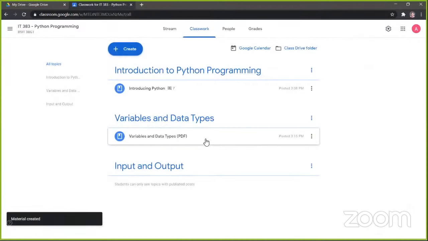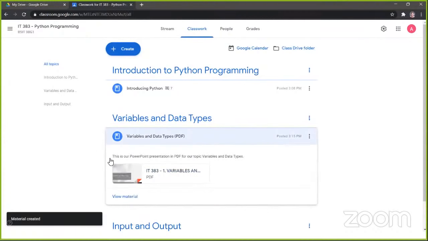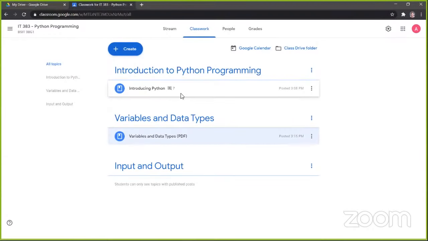Okay. So, as we could see here, we have here another material. Again, pag po clinic natin siya, makikita po natin yung description together with the attached file. Okay po? So, these are our examples on how we could upload our materials or modules that we use in our class. Okay? So next,